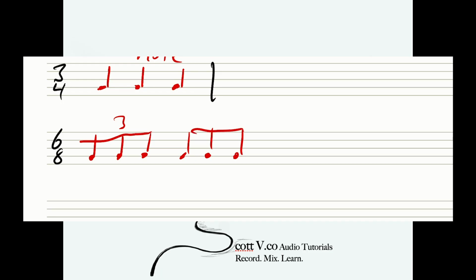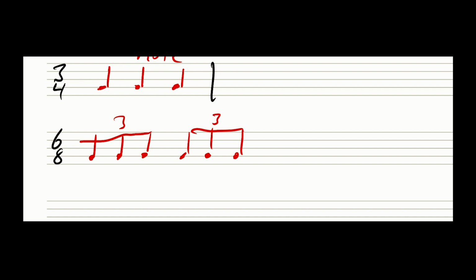Although we don't get much of 3/4 in pop, we do get something similar, and that's 6/8. So we're still counting this in groups of triples, like the 1, 2, 3, 1, 2, 3 we just heard in Waltz. But instead of 3 equal quarter notes, we count 6 eighth notes, and instead of each beat getting equal emphasis, we hit 1 and 4 the hardest, so that's where your kick and snare would probably land.